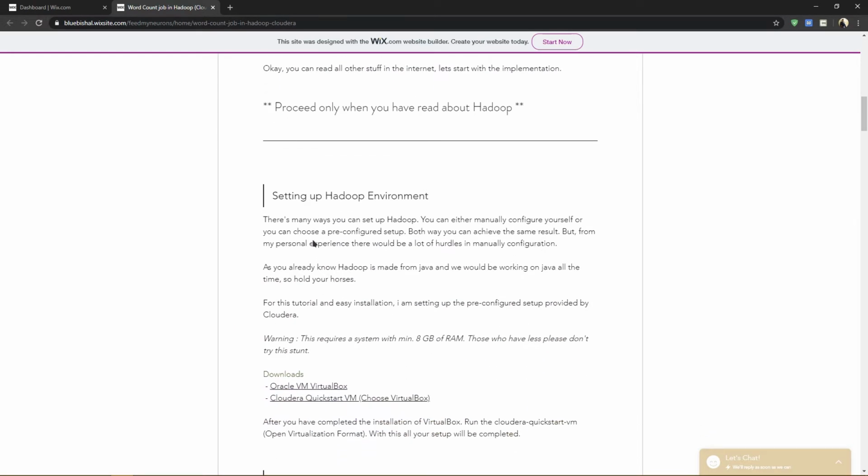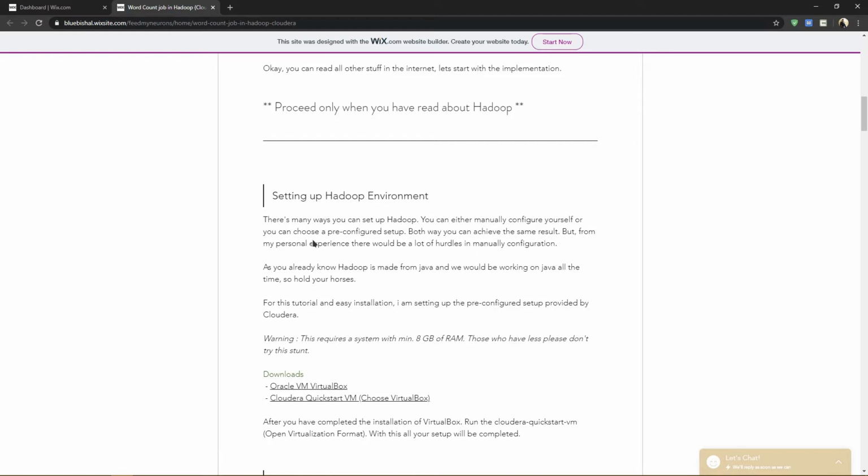To set up Hadoop, you can set it up manually. You can download it through its repositories that are present for Linux or for Windows distributions. But Linux works well with Hadoop and all its Apache implementations. So my preference would be, if you're going to do it manually, go through the manuals to see what works, what doesn't. And since we'll be doing this in an easier manner so that you can understand it, we'll be